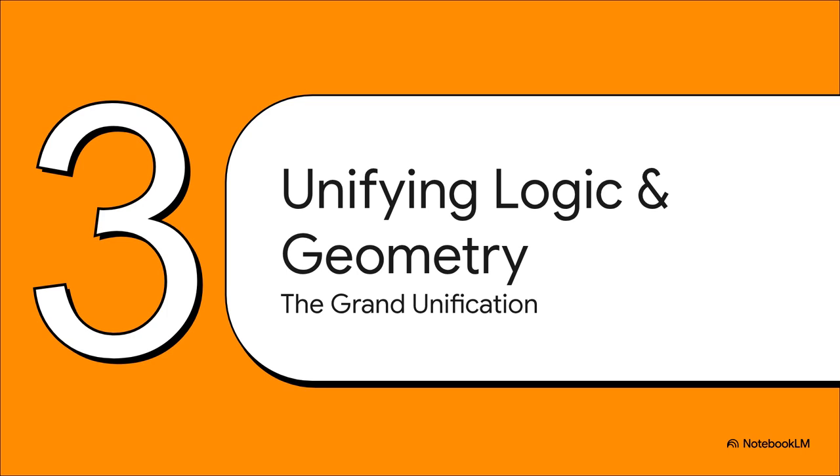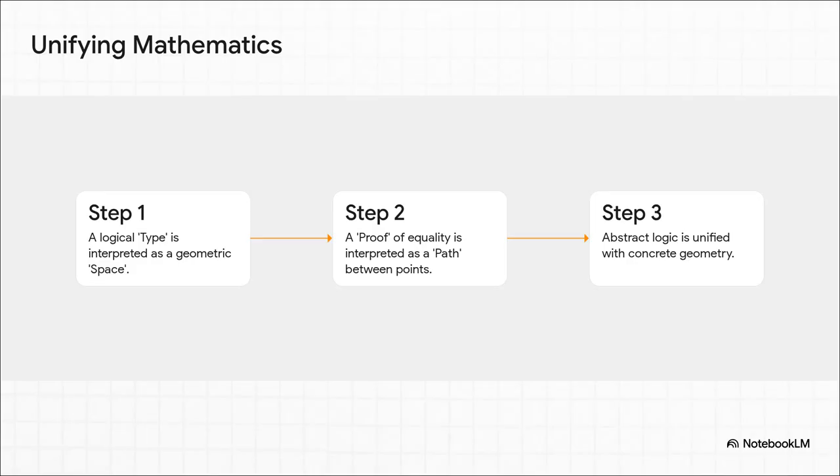And this is where it gets absolutely mind-bending. Because by changing this one little rule about what equals means, this idea didn't just tidy up the foundations. It built this incredible, almost magical bridge between two completely different universes, the universe of pure logic and the universe of physical space. And this just lays it out so perfectly. In this new world, a logical type can be seen as a geometric space. A proof that two things are equal, well, that's now a literal path that you can draw between 2 points in that space. Suddenly, the abstract steps of a logical argument become a journey through a geometric landscape. Logic literally becomes geometry.